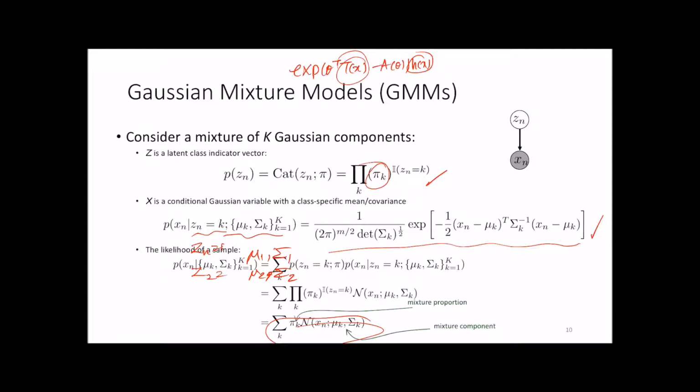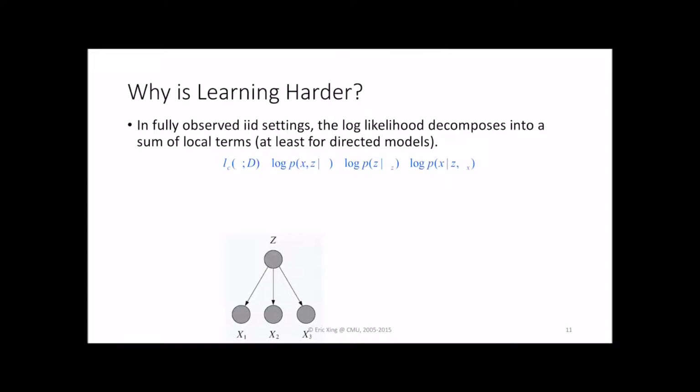So what can we do? Let's see. Let me first give you one example of why it is hard. I don't know why today none of these parameters show up on my computer, but I'll tell you what it is. So the problem here is that if everything was observed, I could have written